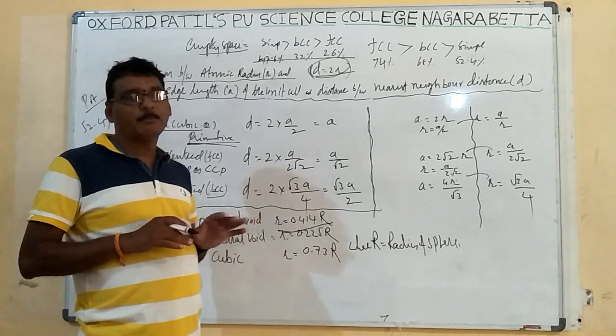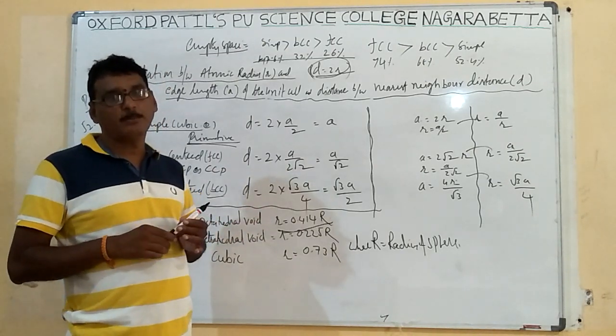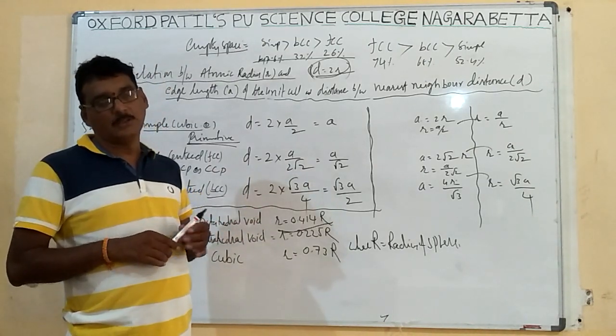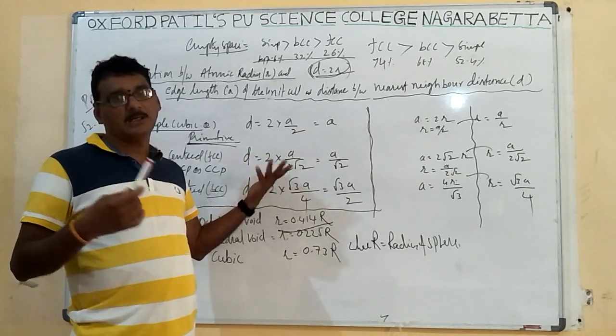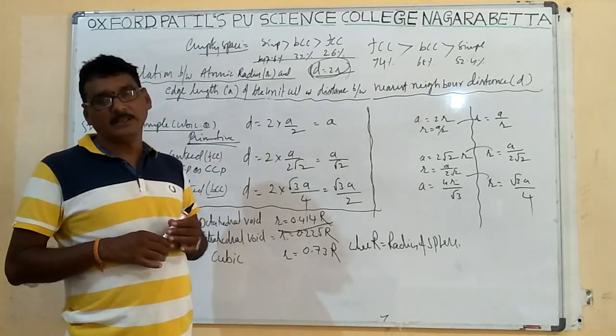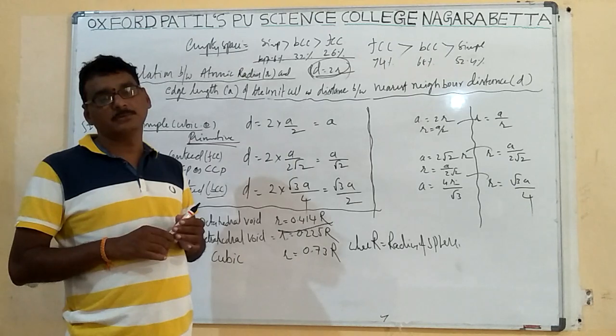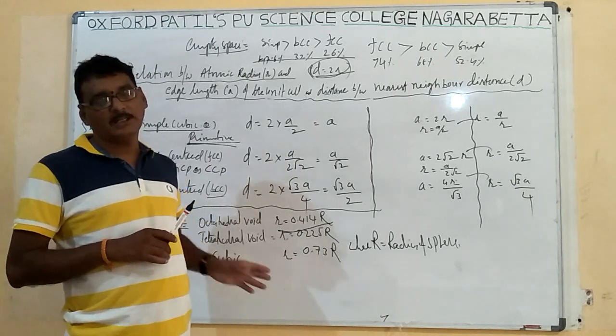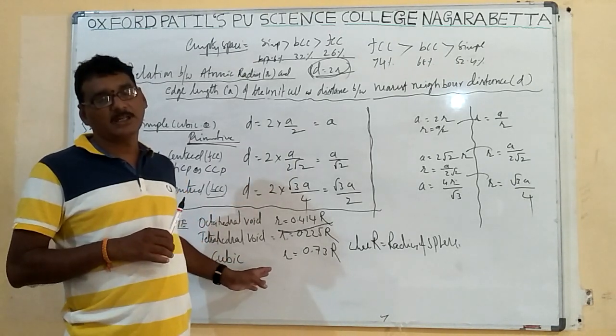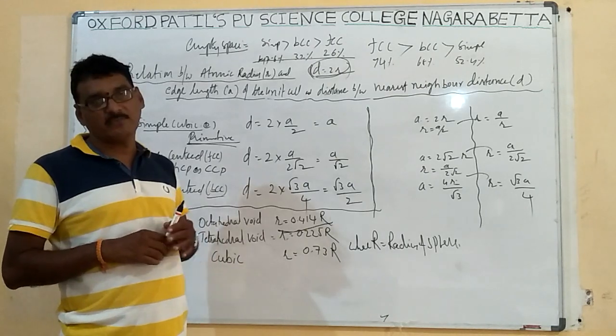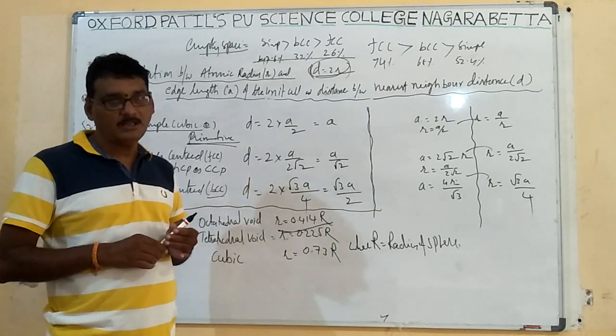So this is the packing efficiency, total compared with the objective. Once you know these formulas, you can play with every objective problem using them. Next, this is very simple: calculate the atomic radius using the radius of the sphere.